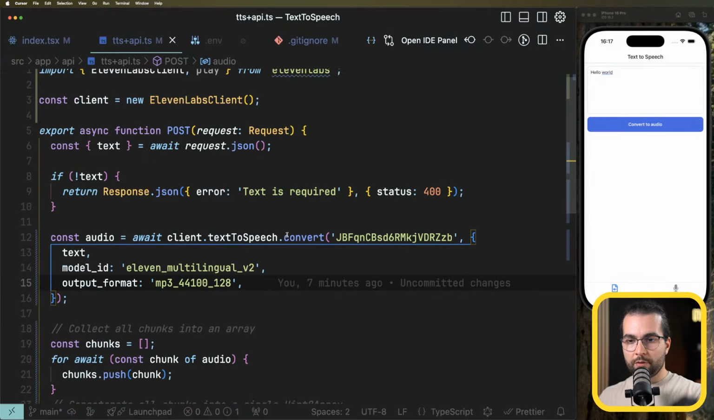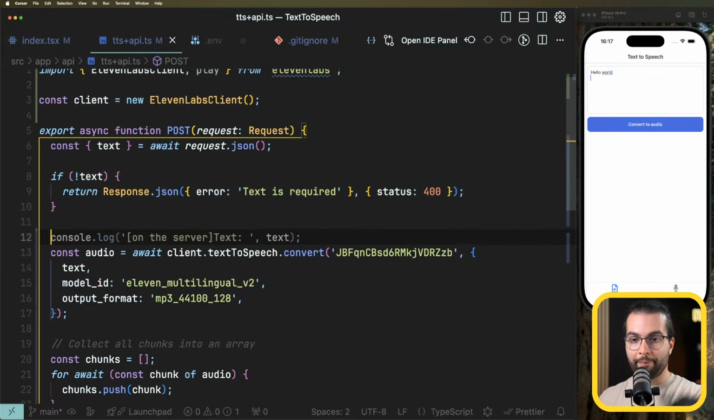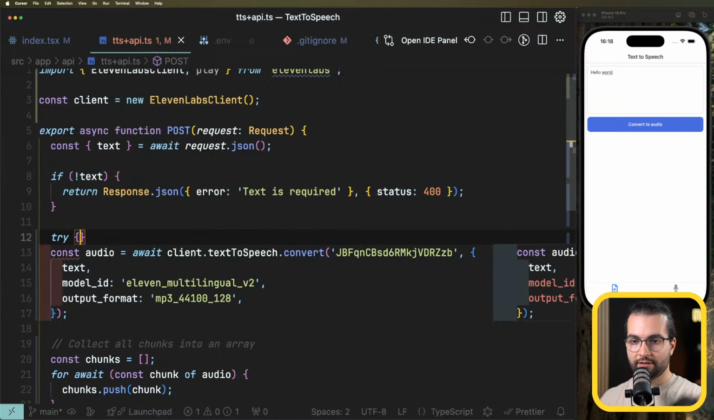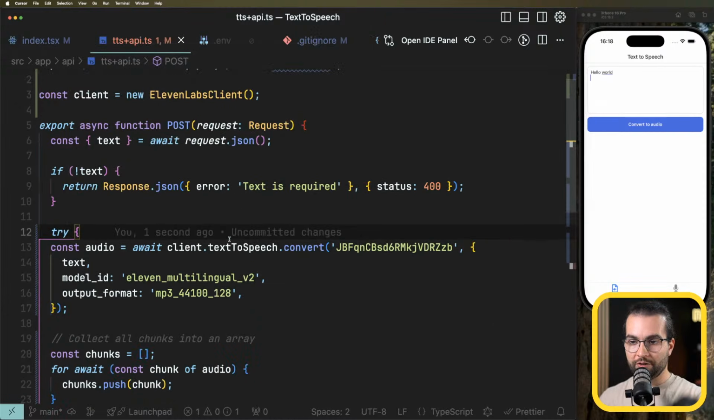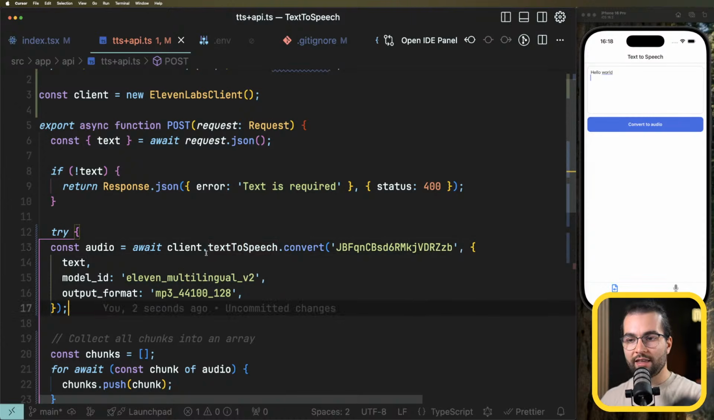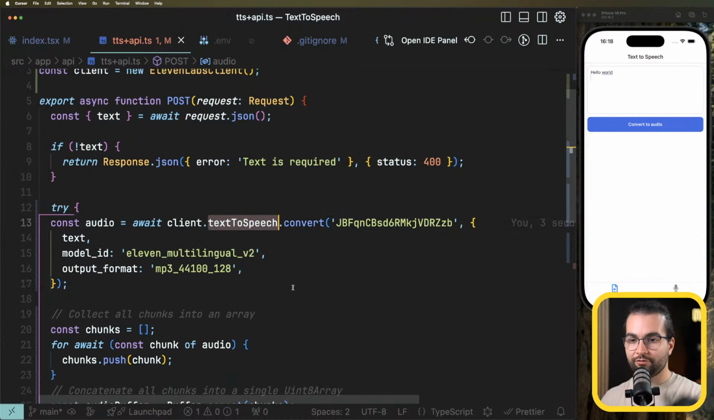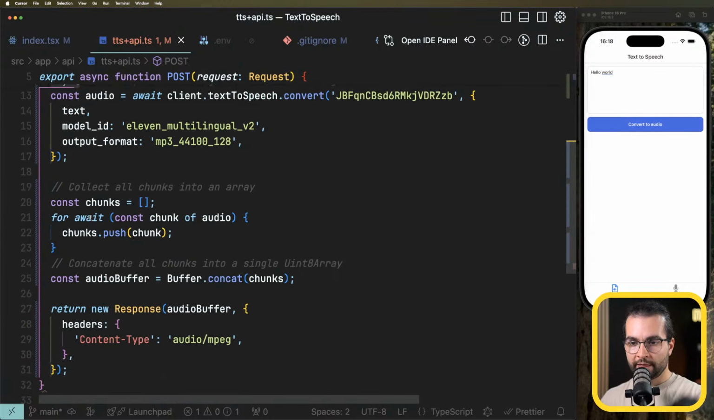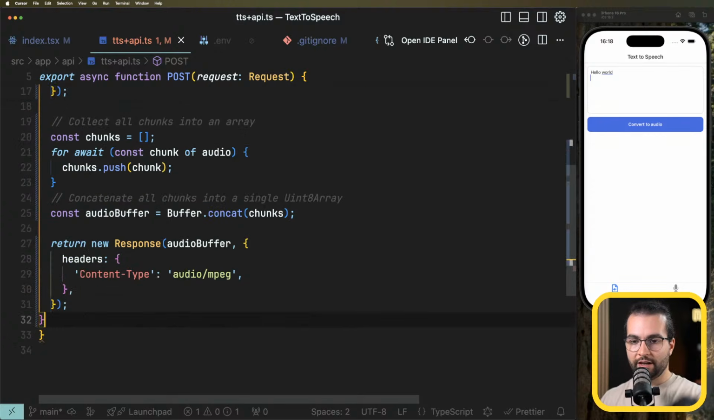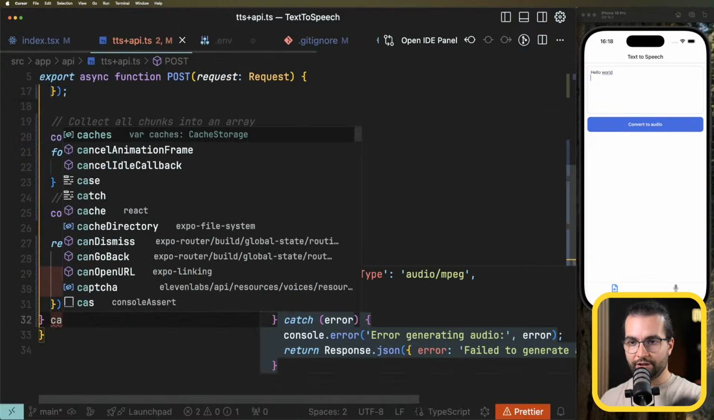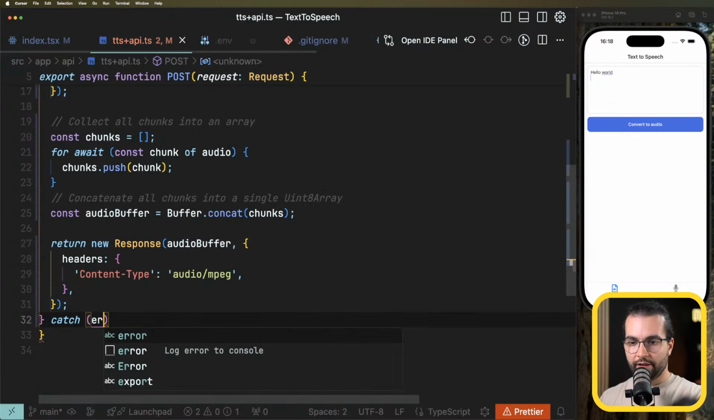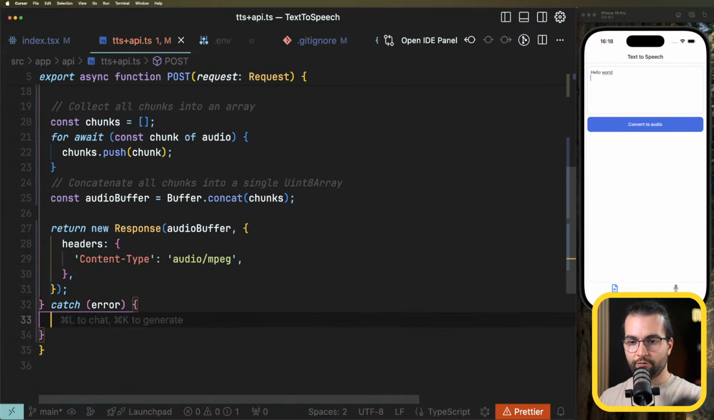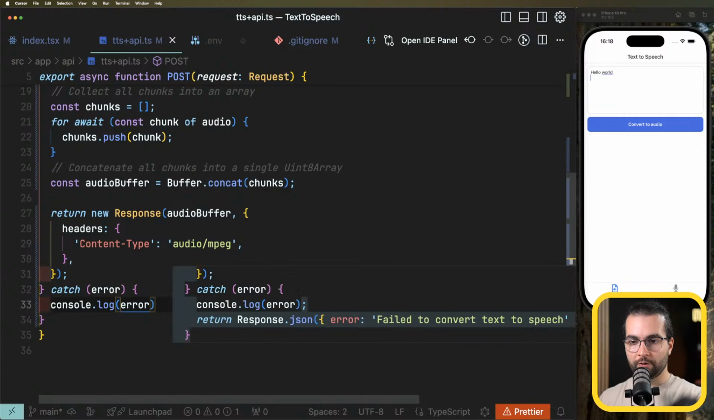I think it would be smart to also put everything here on the backend into a try catch, because maybe we don't have the API, maybe ElevenLabs fails to convert it or something like that. I'm going to start with try here, and I'm going to end it at the end and say catch error. And if the error happened, I'm going to first of all console log it, and I'm also going to send it